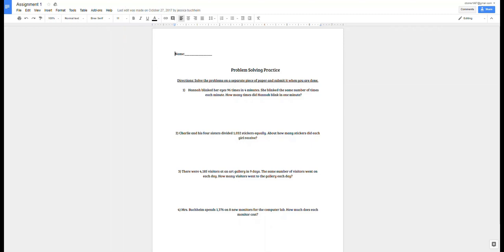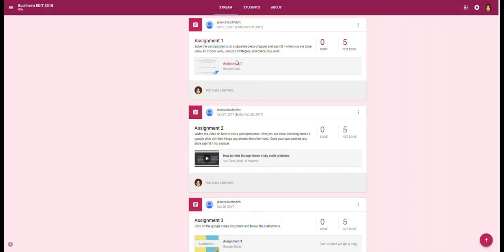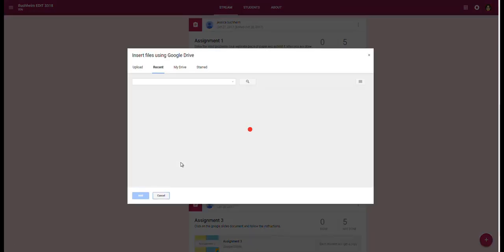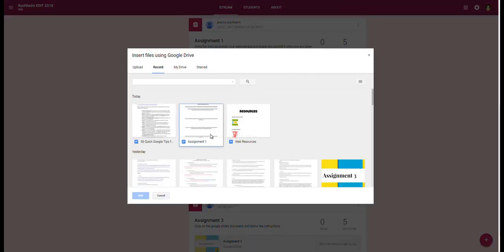But all you are required to do is create a Word document, or I'm sorry, a Google Doc with something that has to do with your topic and attach it view only. So let me give you an example of that. Click the plus sign, go to create assignment. You would click on drive, and I could go to my drive and I could find, say, that assignment, click add,